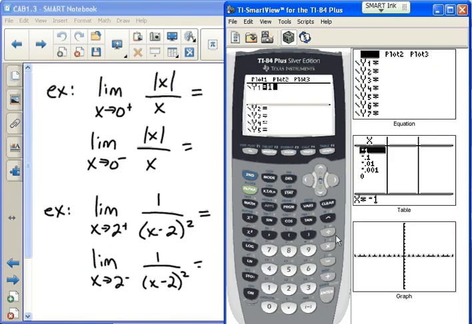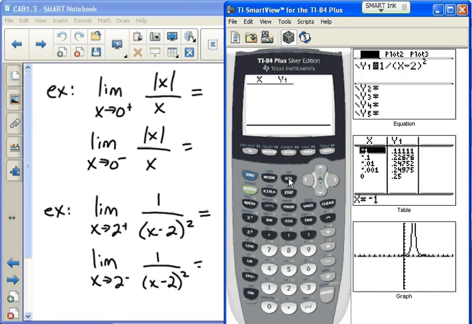So 1 over (x minus 2) squared. Now, they're asking us to take the limit as x approaches 2 from the right. So as I go to the table, I have to think, what would be just to the right-hand side of 2? Or in other words, what would be just a little bigger than 2? So 2.1, 2.01,